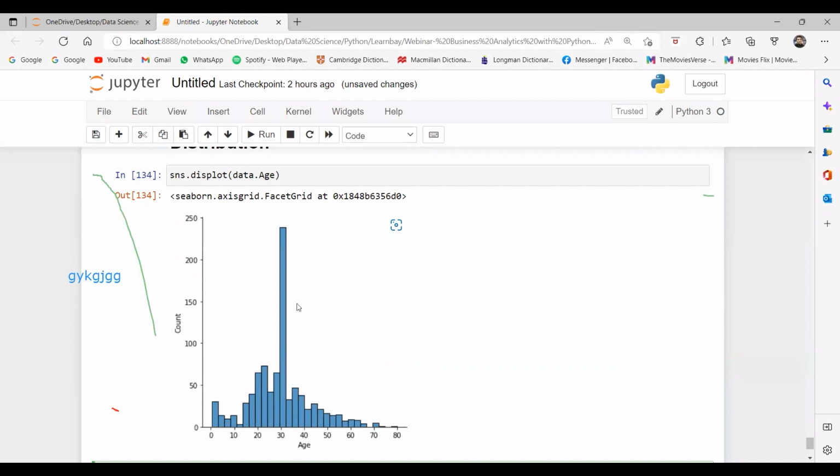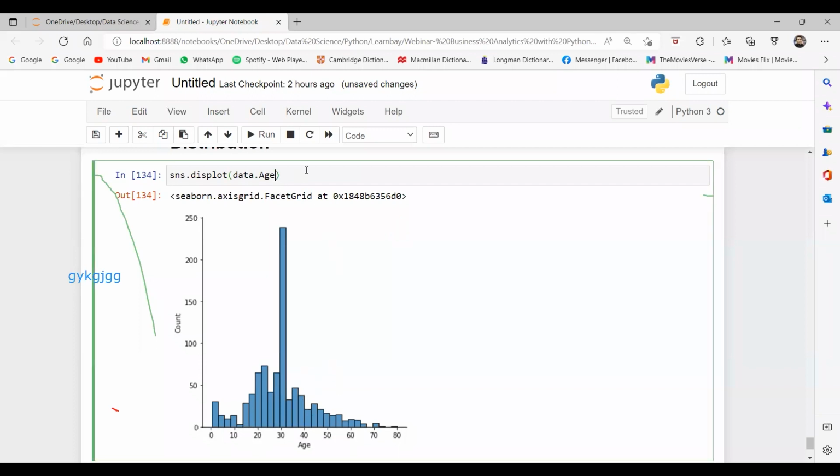Histogram has bins. So what do we understand? It is giving me the count. So most of the people, the highest range of people, are around 30 years of age. Yes or no, guys? Less than 20 people or less than 10 people are there who are around 80 years of age. So most of my data is around 20 to 50 or 20 to 45. Yes or no? Like this, here in this area.